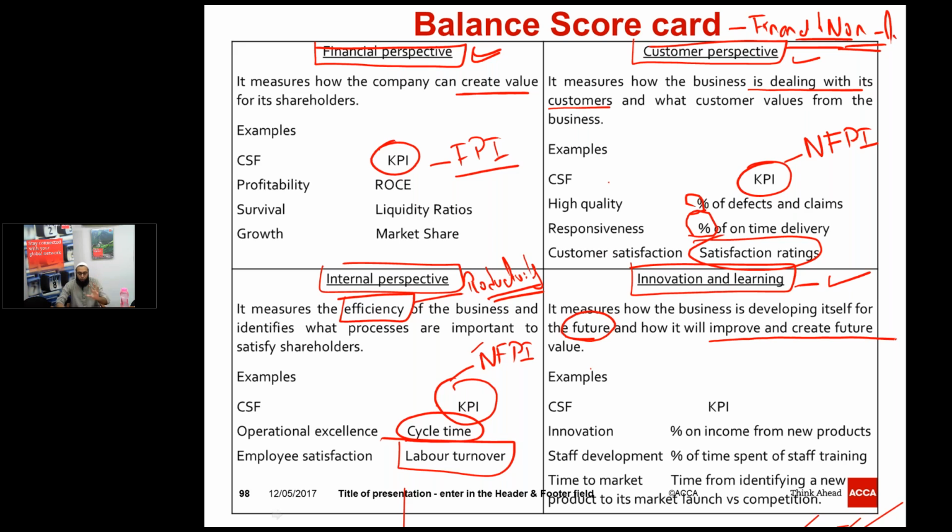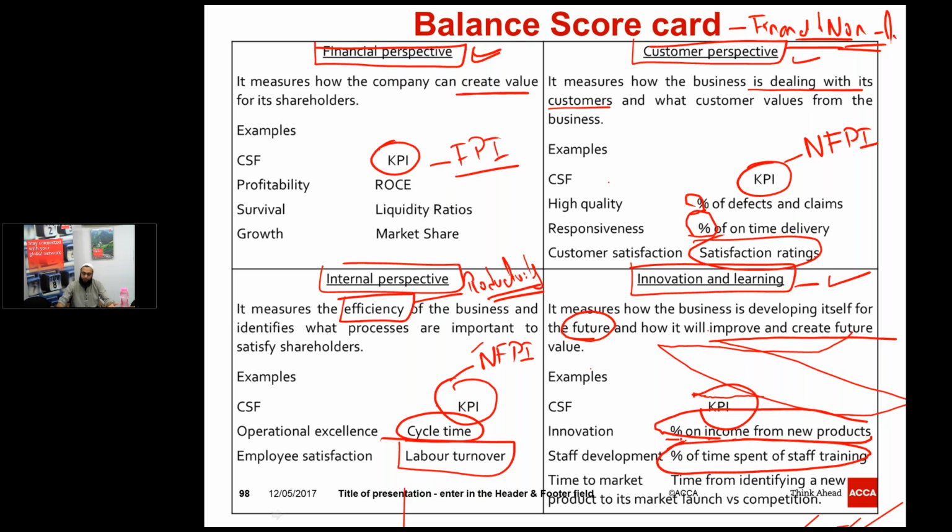So you have to check this through KPIs again, which could be both financial and non-financial, and those KPIs could be percentage of income from new products. So what is this representing? If income from new products is high, this means that you are doing good innovation. Percentage of time spent on staff training. If the time spent on staff training is more, then this means you are creating the bunch of skills that